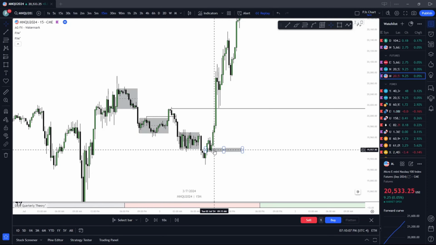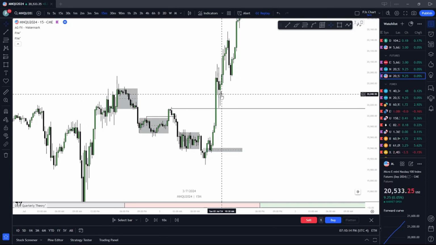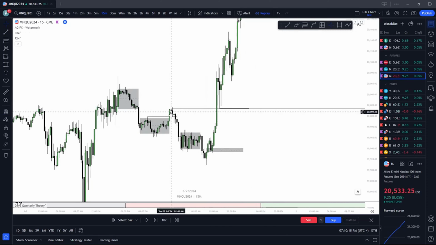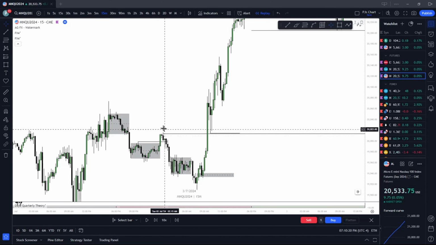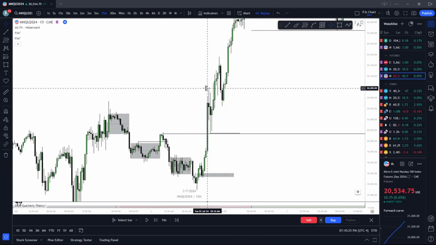And then we didn't even manipulate for this one, so we had our 8:30 manipulation, 9:30 expansion, and come into 10, we see a very quick move lower into the breakers, showing efficient price delivery, we've wicked above,